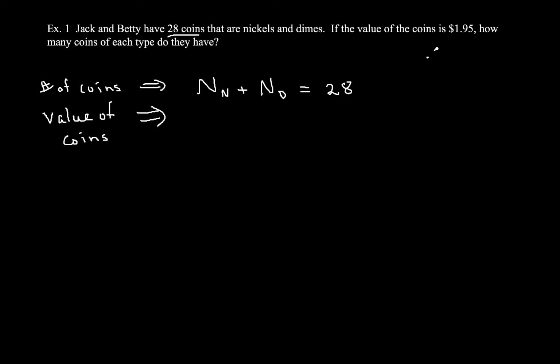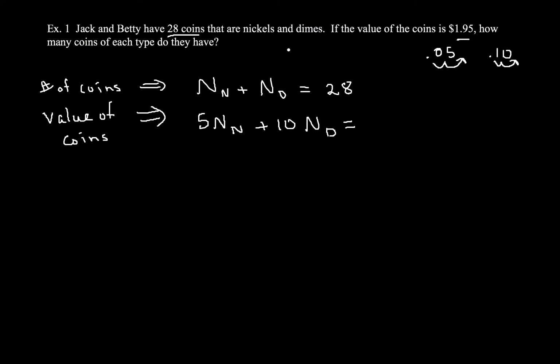Instead of writing 0.05, we're going to move the decimal over on every term, so it's just going to have no decimals. So we're going to say 5 times the number of nickels. How much are dimes worth? They're worth 10 cents. So it would be worth 0.10, and we're going to move our decimal point over 2 places to get rid of the decimal, plus 10 times the number of dimes,